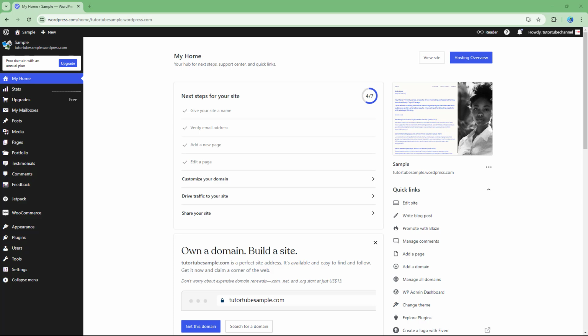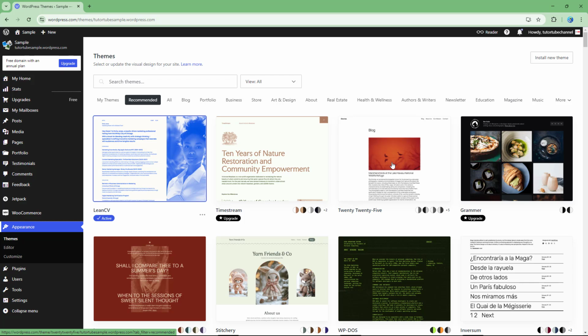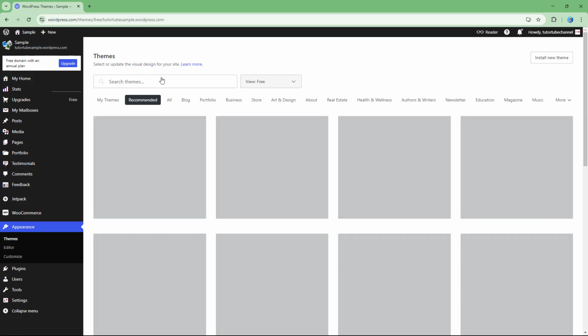So in WordPress, whenever you're finding out themes and you apply them, it might not actually support full site editing. So the editing might be limited depending on the themes that you use. But let's say you want to find themes that have full site editing support. In that case, you can simply go around and let me just filter it out by the free themes right